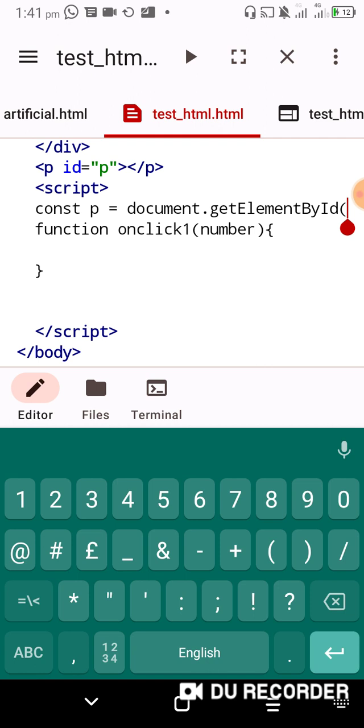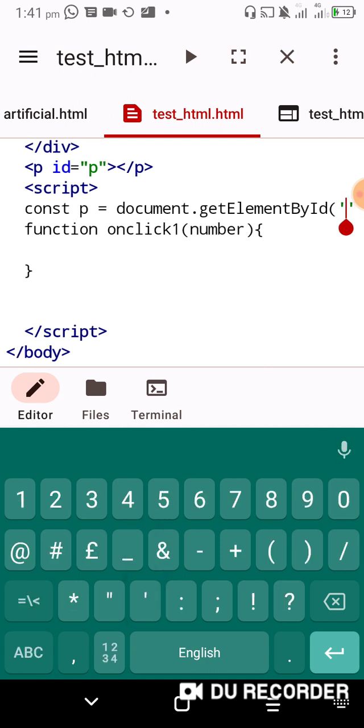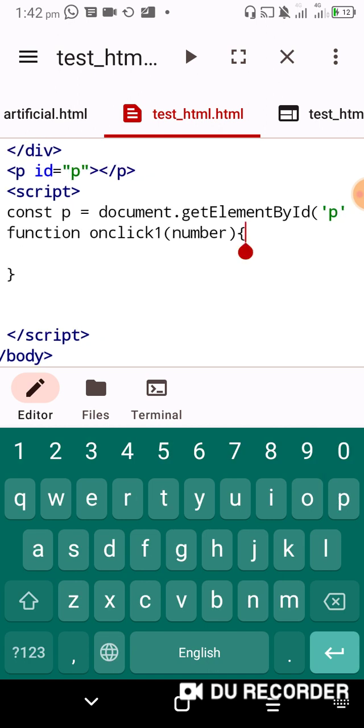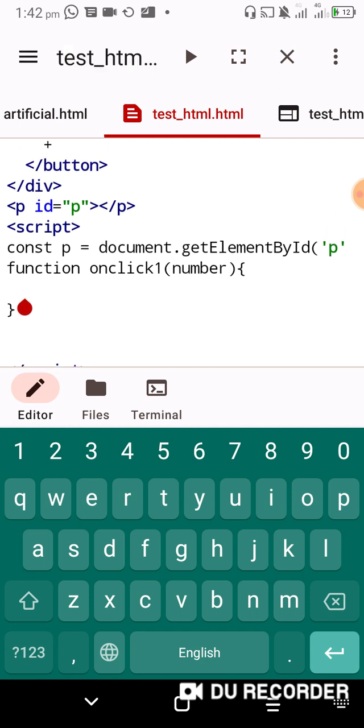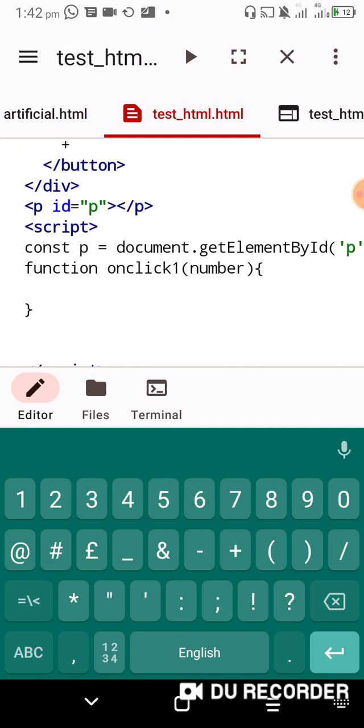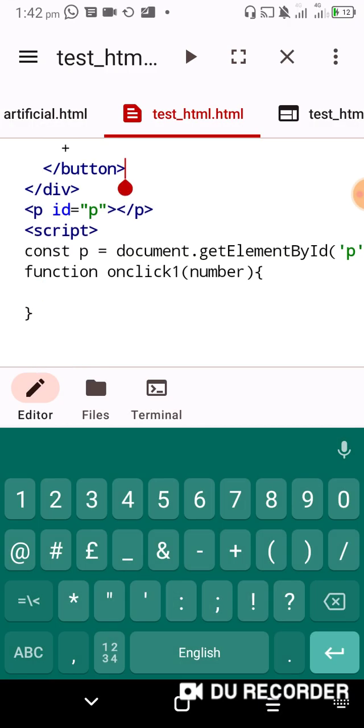So open the bracket, the name of the ID is P. Now we're going to close the bracket. Then now we're going to say that P is equal to, okay,